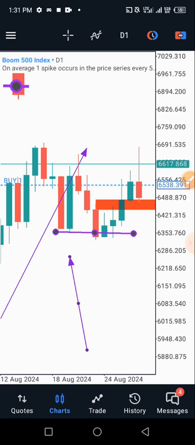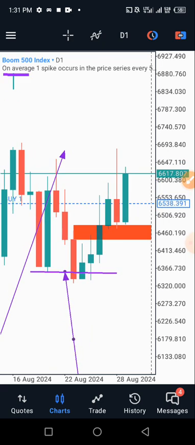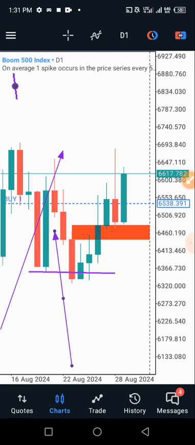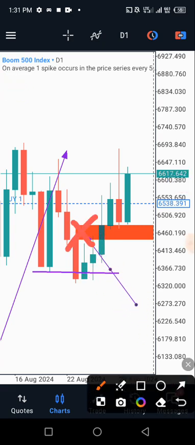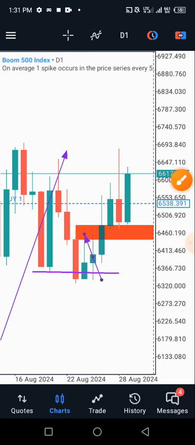Okay, so if you are able to identify the liquidity level in the market, then definitely that will be a great place for us to know what market is really doing. Okay, so after market took out the liquidity, we saw that market broke out from this particular level here, and then after we've been able to spot that, what we want to do now is to go to the 4